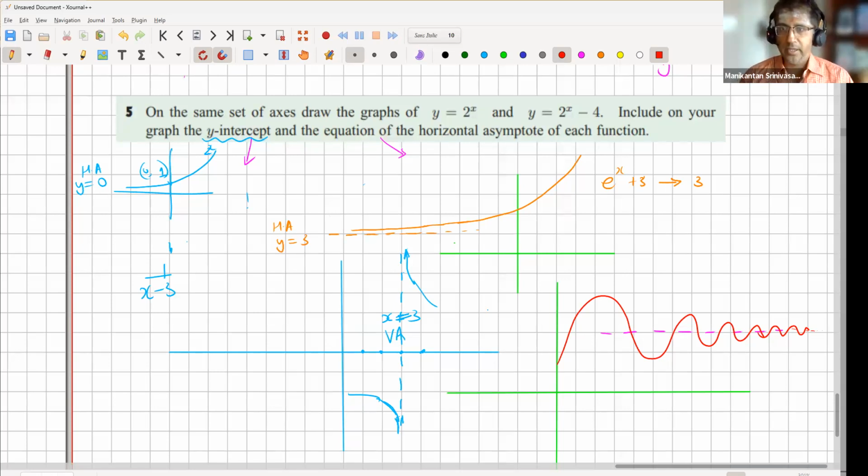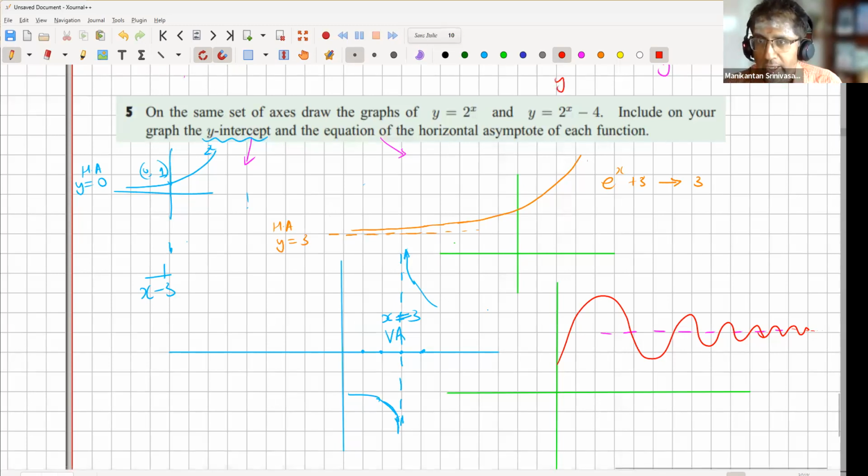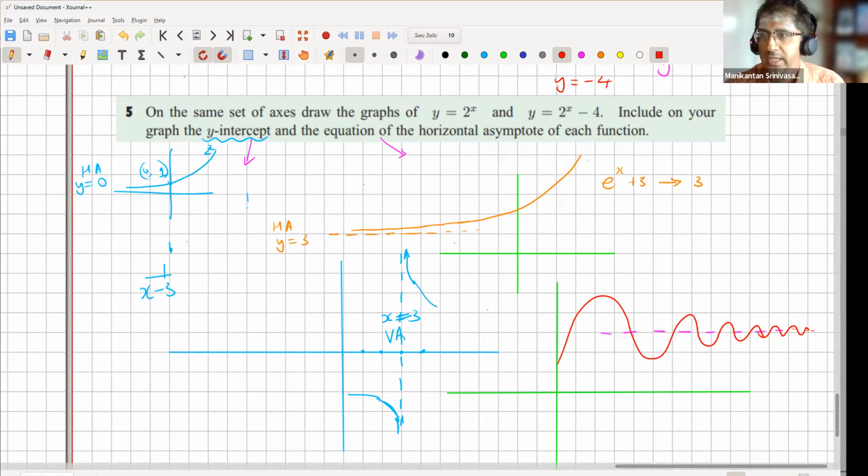Okay, so Sumer, 2 power x minus 4. So is this just minus 4? What is minus 4? The horizontal asymptote. You have to be technically clear. Y equal to -4 is the horizontal line. Just saying -4 doesn't mean much. So the horizontal line becomes y equal to -4. So the graph will look